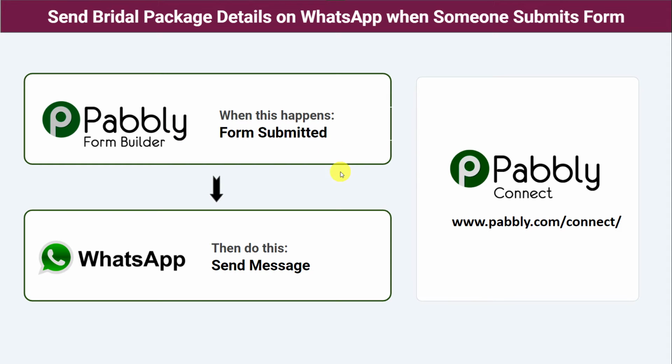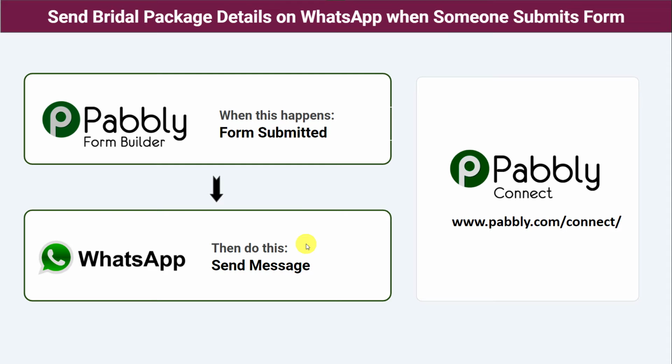Say your customer Smita filled the form of Pabbly Form Builder for booking a bridal package. Now you want to send the bridal package details along with the sign up confirmation message to Smita on her WhatsApp number. So how will you do this? You have to take the details of the customer from Pabbly Form Builder. You have to draft a message and then you have to send that message on the number of that customer. So actually, this is a tiresome and repetitive process. It becomes difficult when the number of customers increases.